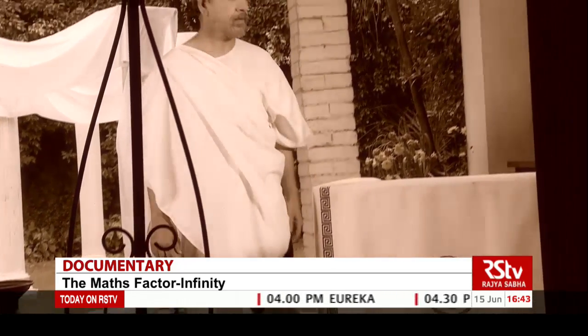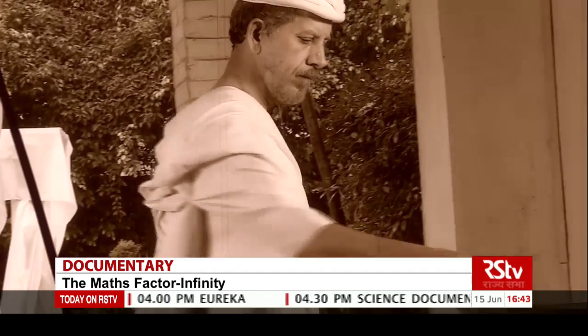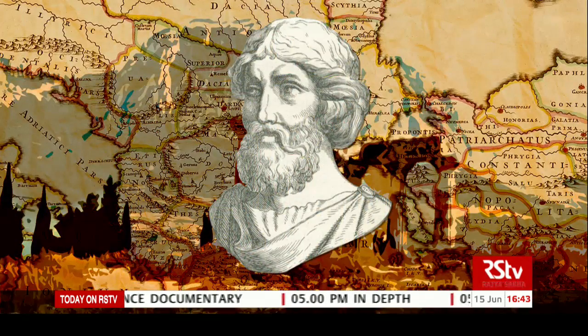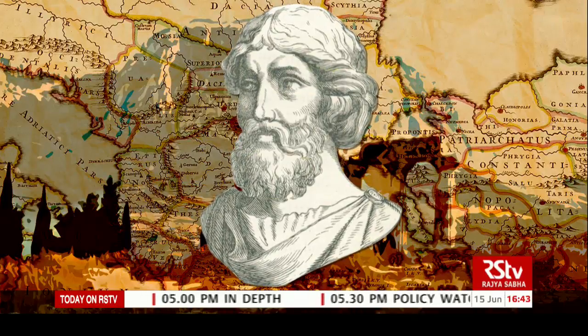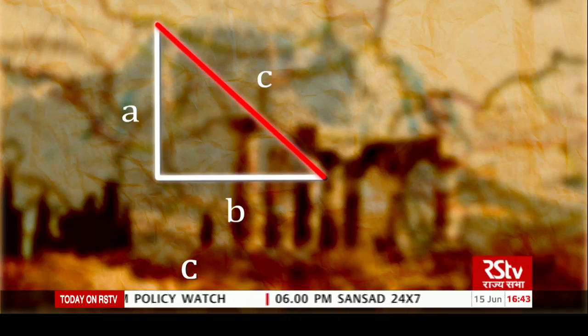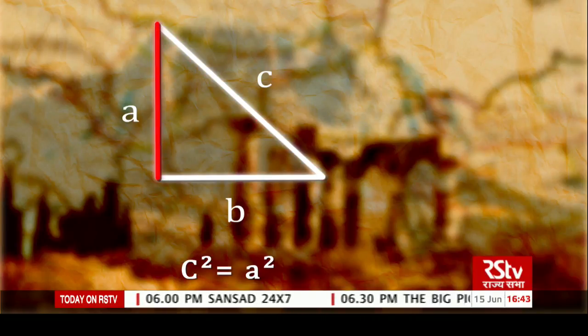0, 1, 2, 3, and so on. Fractions were accepted, since they were written as ratios of whole numbers. And then, Pythagoras' own theorem changed that world. Wondering how? Well, the theorem famously states that the square on the hypotenuse is the sum of the squares on the